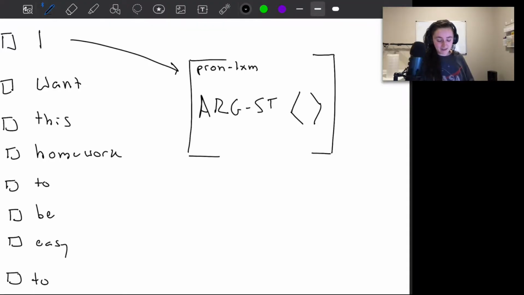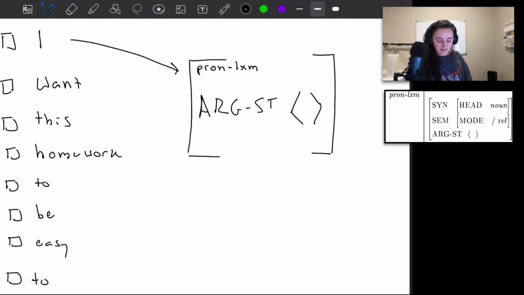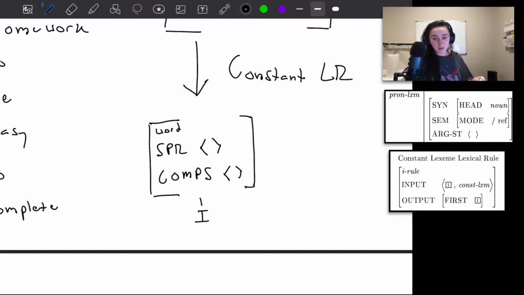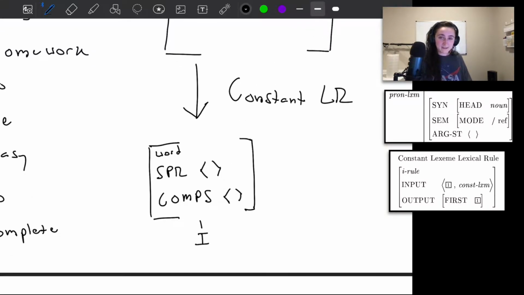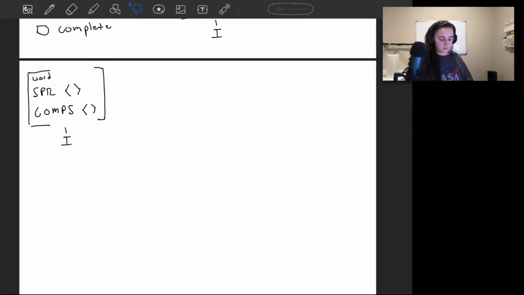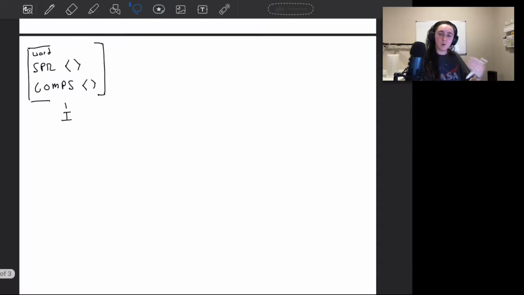So first we have I, which is of type pronoun lexeme, and its argument structure has nothing in it. It goes through the constant lexeme lexical rule. And now that we are in type word, thanks to the ARP, it maps the argument structure onto spr and comps, but it's empty, so those just remain empty. For most of these words, the focus is going to be the argument structure because that determines the valence and how the pieces fit together and what grammar rules you can use to make the tree structure. And I'm going to put it here in a word bank and I will pull from this word bank